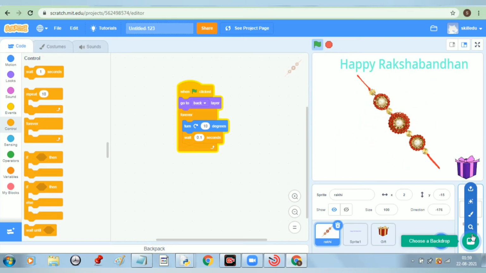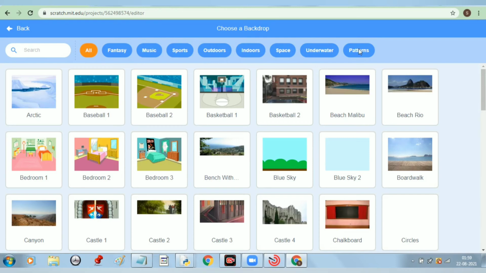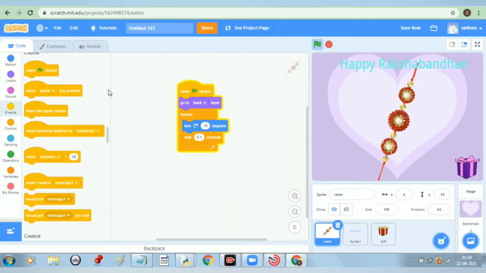From the costumes, we will do that in a future video. You can go here and choose a backdrop. Okay, you can take the heart one also, if you want. So this one is good. And if you want to put sound in this project, you can write the code for that also.